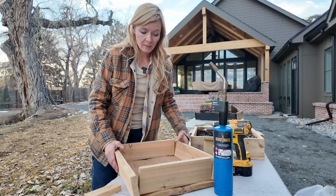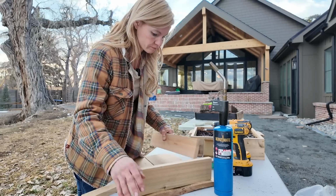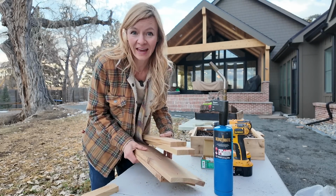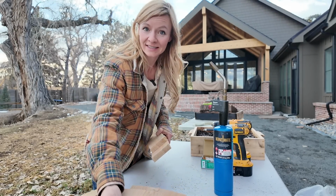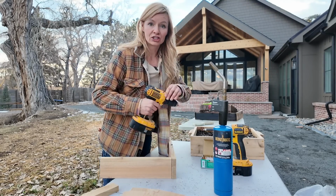So I'm going to start by putting these together. Now, I am terrible with tools, so I'm going to be calling things all the wrong terminology and names. Listen, this is not a construction channel, okay? Let's adjust expectations here. I am but a lowly farmer, but I do know that I need to drill a